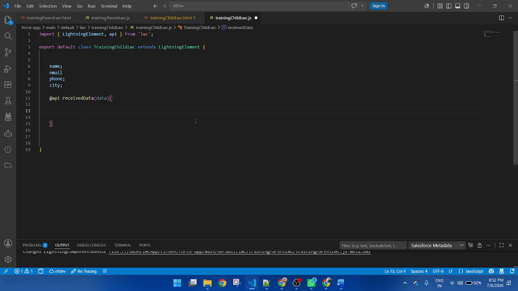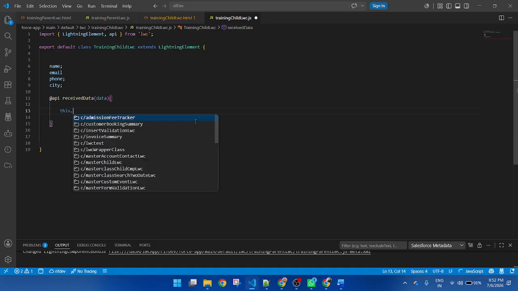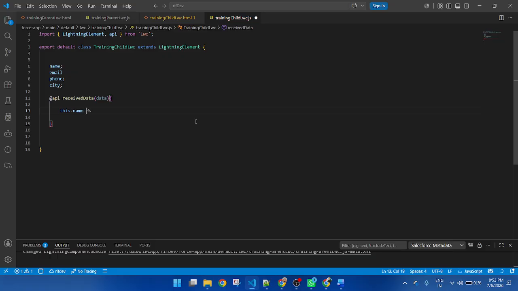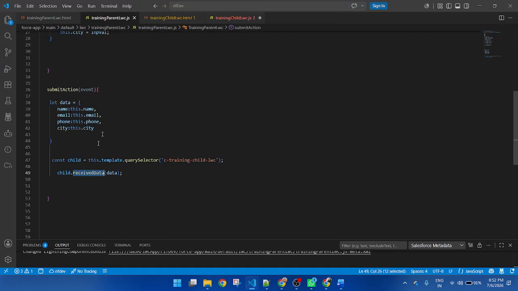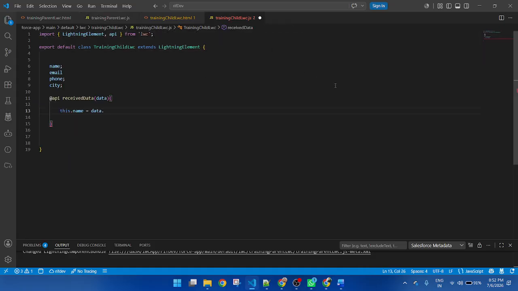This is name equal to data dot name. One by one, I am storing the values here. So this value I am storing in this variable.